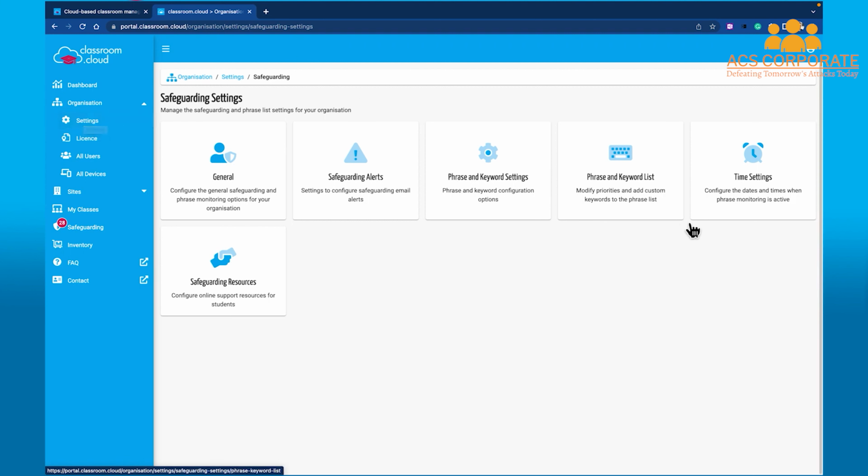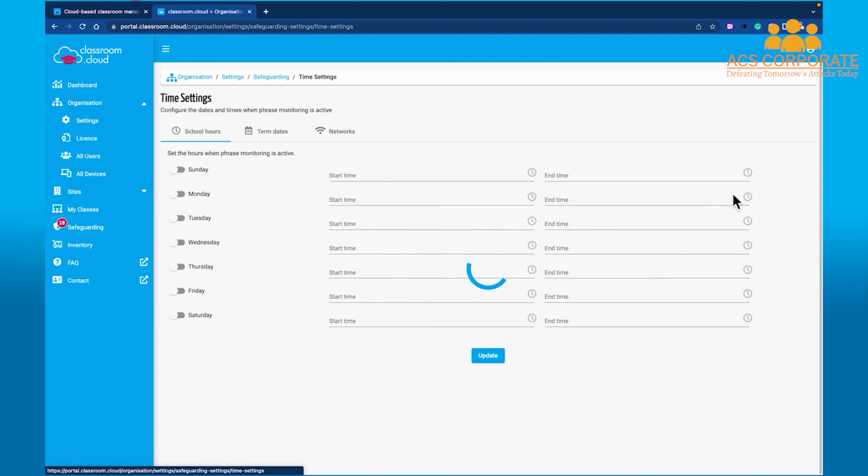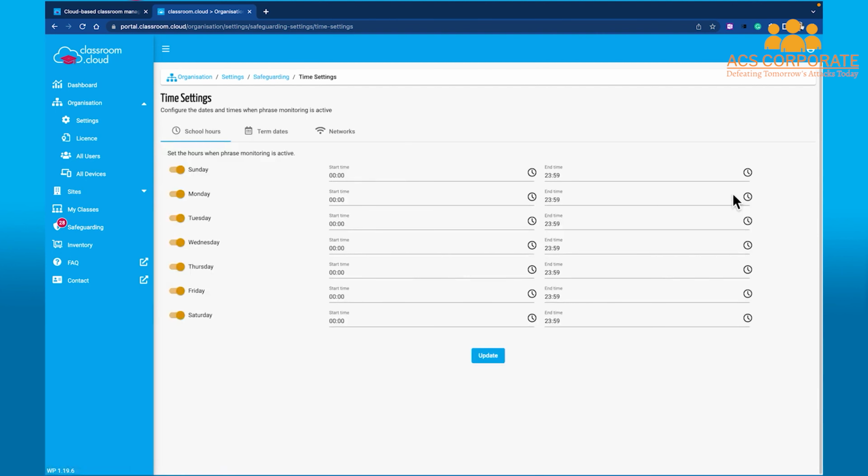So let's dive over into our time settings, into here, and you'll see that as default we've got our time settings for all of the time. Now you may want to have that as standard for you. It might be right for your setting. It might be, however, that for example children have their devices outside of school, and as a school in conjunction